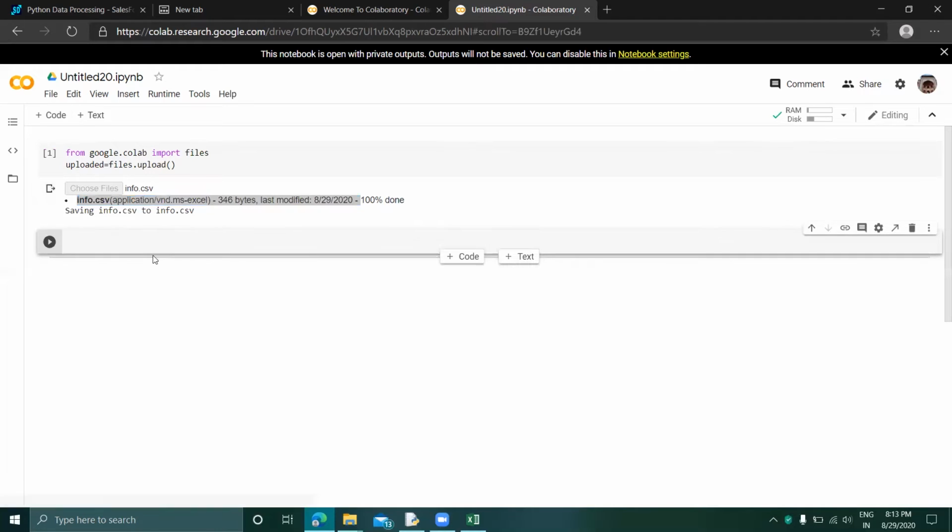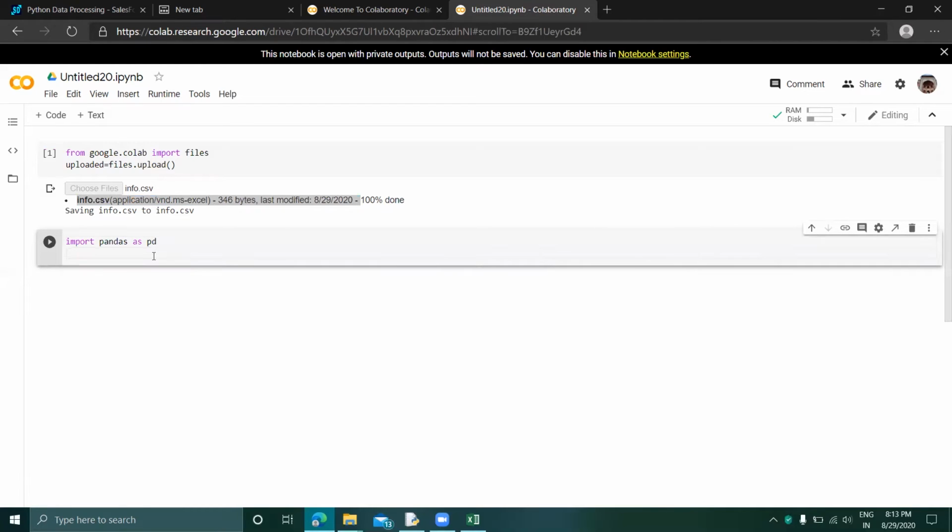Now in a new code cell, import pandas as pd. Then data equals pd.read_csv, and give the CSV name, which is info.csv.